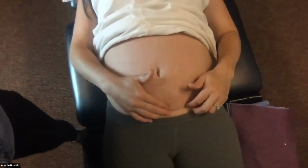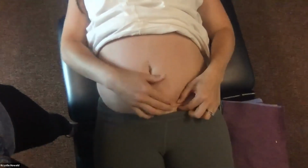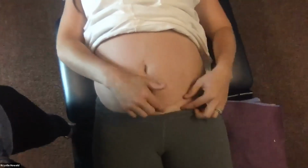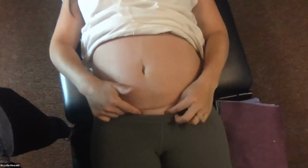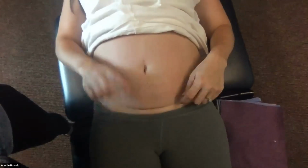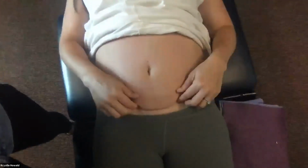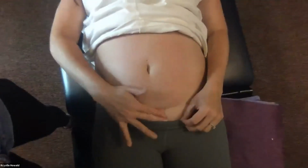So once we've assessed and gone through the center, at 10 weeks to 12 weeks, we can start pinching the edges of the scar tissue. So I can pinch those edges together. We want to stay away from the left and the right side of the scar until that's really fully healed, because that can create hypertrophic scars where there's just a little bit more scar tissue if we start the ends too early. So again, we're just starting around the scar at first, very light, gentle, just getting some movement, breathing